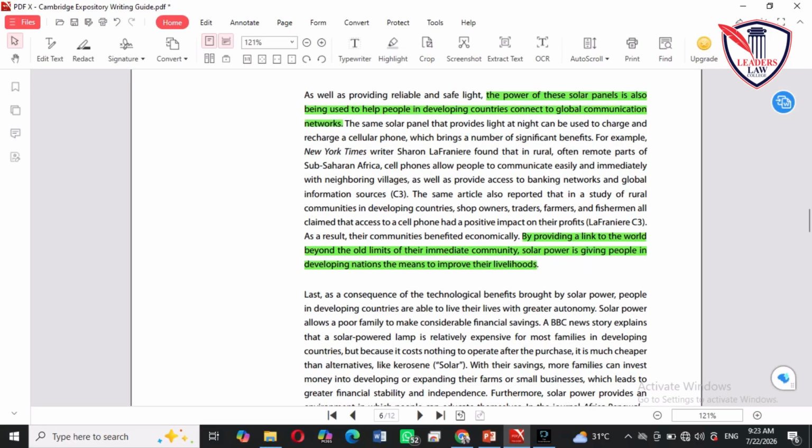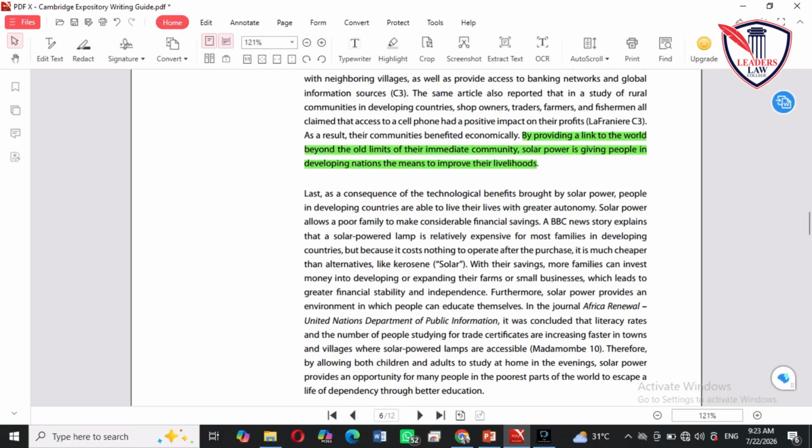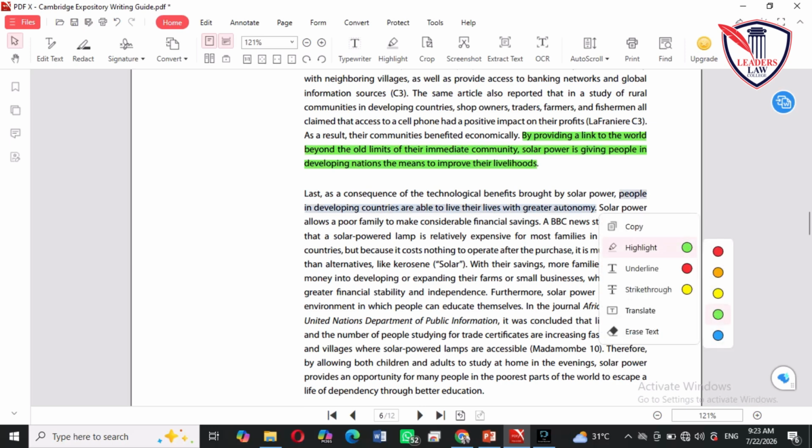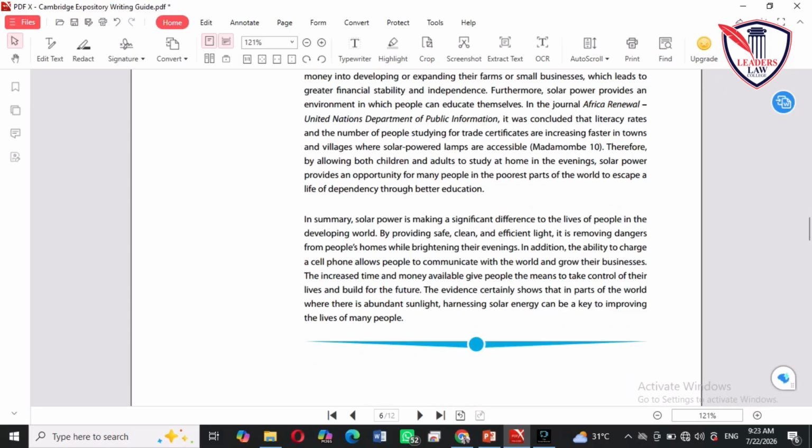The third point was that this alternate form is making you autonomous, and this is discussed here in the third paragraph. So the writer is saying people in developing countries are able to live their lives with greater autonomy. So this is the third point that the writer mentioned in the opening, in the thesis statement, and it is discussed in the third paragraph. So now let's move on to the conclusion paragraph. We said this before. In a conclusion paragraph, we restate our thesis statement and then we discuss or summarize all the opening sentences of the three body paragraphs, and then we end it with a general statement. So let's have a look at it.